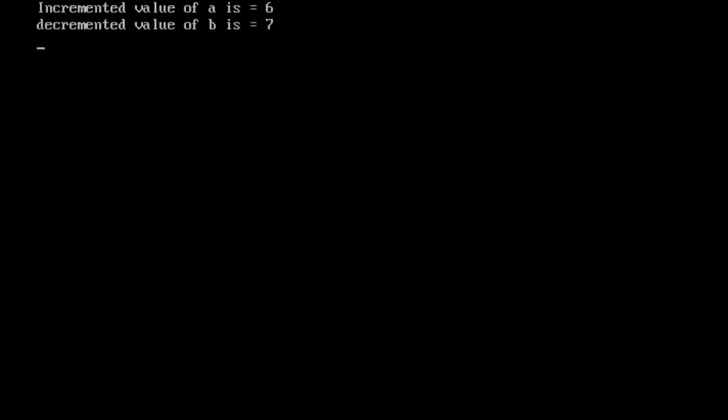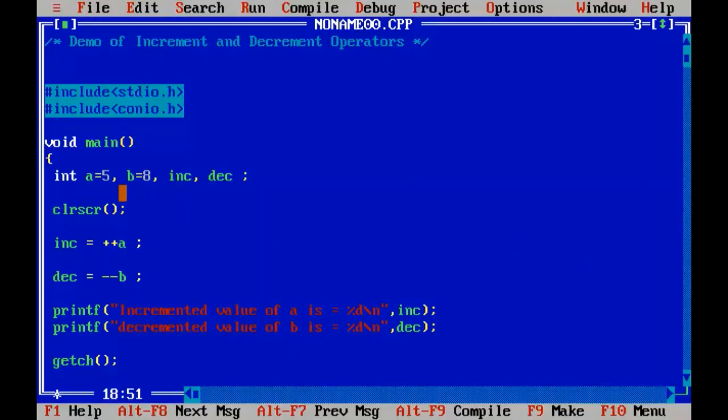So look at here. So 5 has incremented to 6 and 8 is decremented to 7, because before increment A has got the value of 5 and B has got the value 8. So A is increased to 6 and B has decreased to 7. So this is how the increment and decrement operators work.